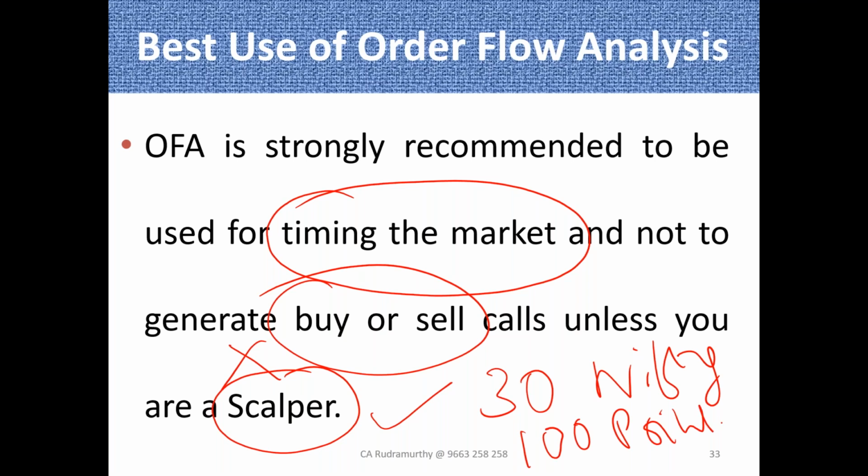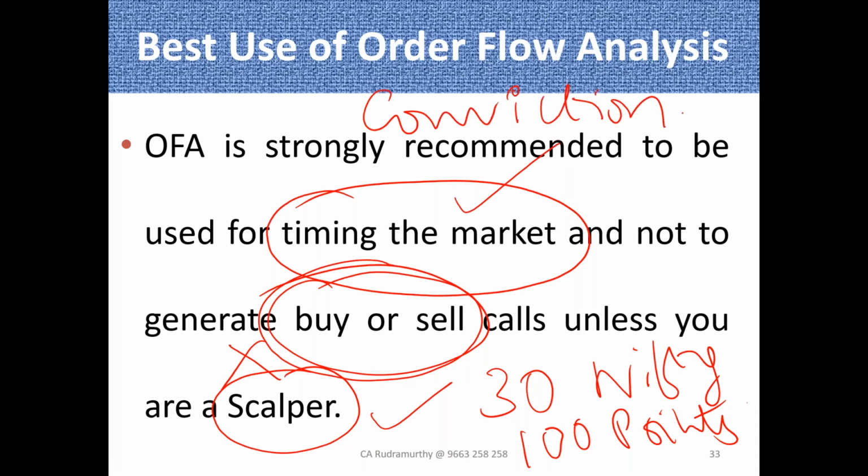Someone who trades for a very small profit point and keeps buying and selling frequently, we call such persons scalpers. Only a scalper can use order flow to decide buy and sell points, or else for timing the market you have to use order flow. Order flow analysis will help you time the market,